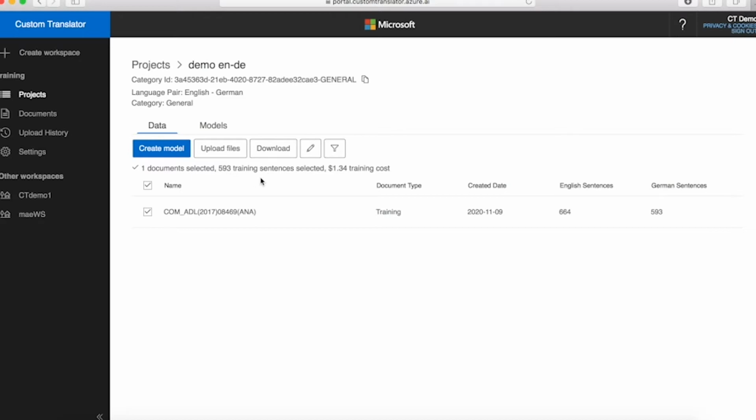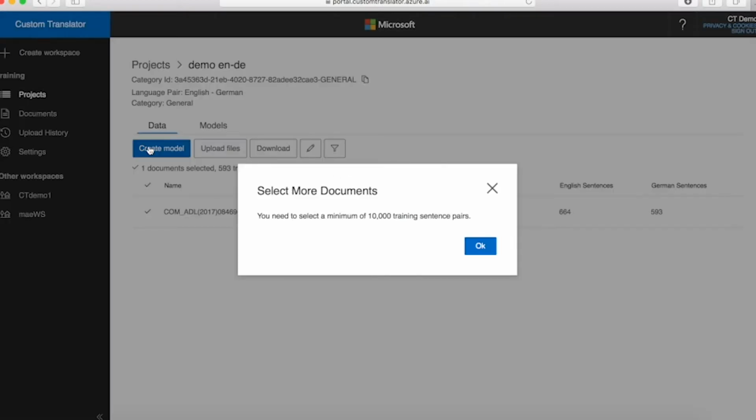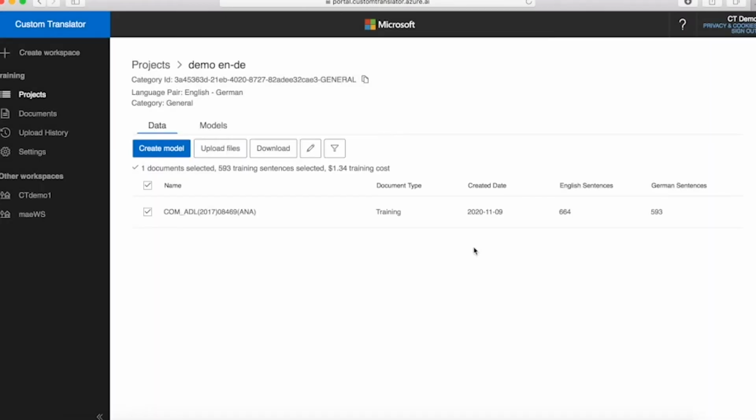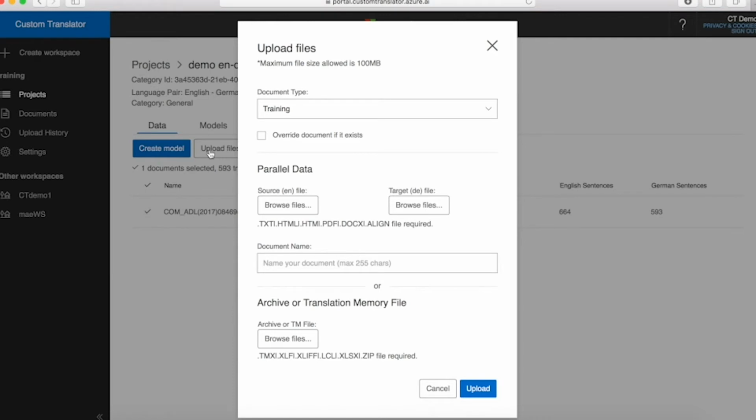And oh, by the way, we'll tell you basically how much it will cost you to actually train the model, which is based on the number of characters inside your training data set or inside the files that you selected. Let's see what happens. Aha, so it came back and says you need a minimum of 10,000 training sentence pairs, which I already know. Okay, so we need to bring in more data. All right, let's add some more data. In this case, let's show another